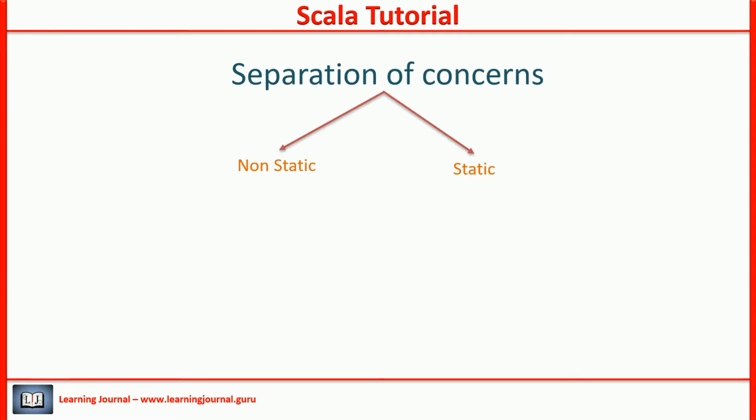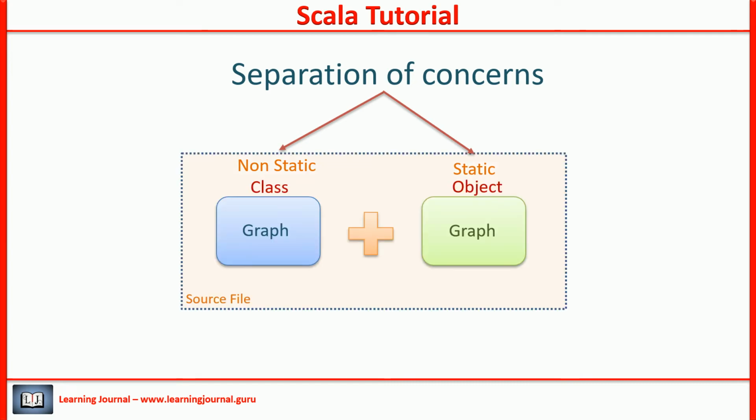Java allows you to mix in static and non-static members in the class definition. But Scala's approach is to separate them into two different constructs. You can define all instance level fields and methods in a class. If you have some global static fields and methods, define them in the object and keep them together into the same file, but still separate them into two different constructs. That separation makes your design more understandable.